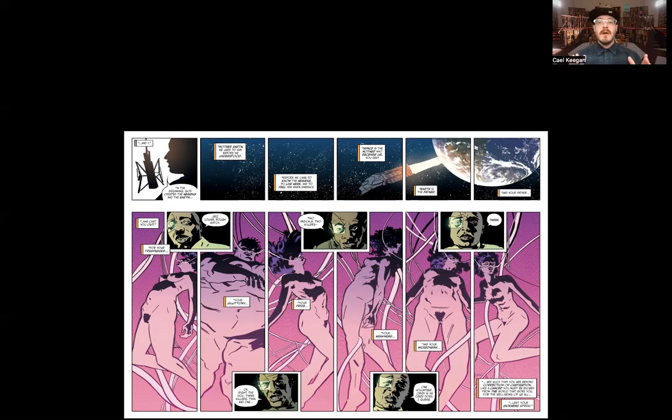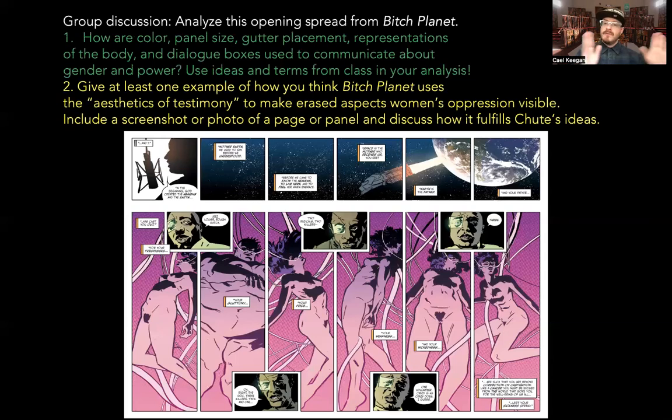You'll notice about 2 pages into Bitch Planet, we get this very impressive double page spread, right? That's telling a really complicated story that's introducing us to an entire science fiction scenario, and this group of women that have been shipped to this prison, right? In tanks, in suspended animation. And so what I'd like you to do, and I'll move this over to the discussion group as well for you to have the prompt there.